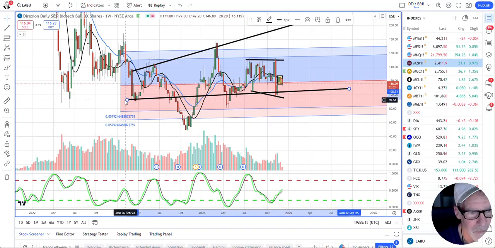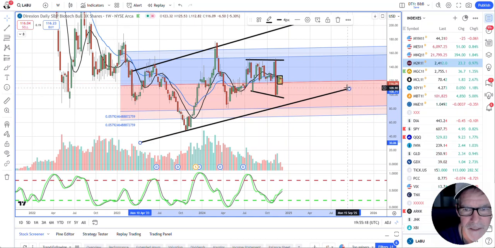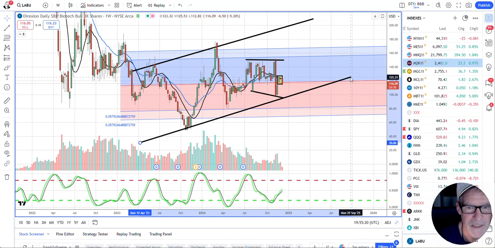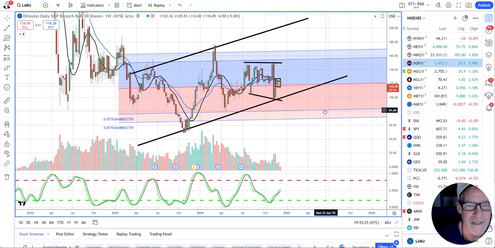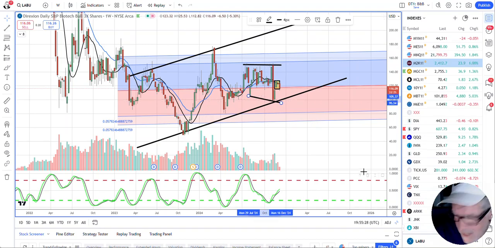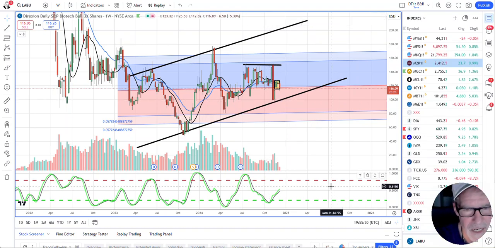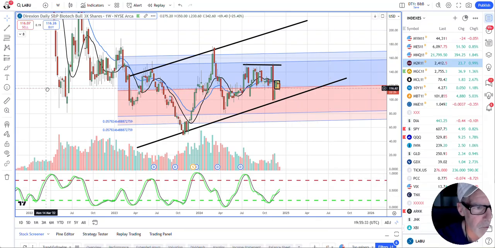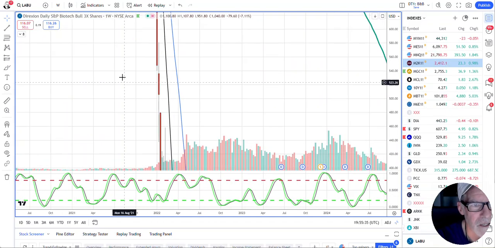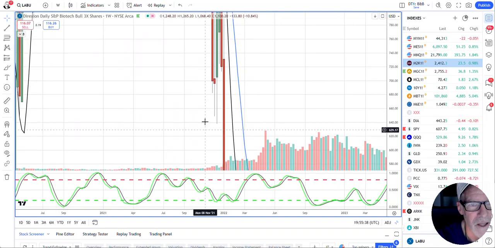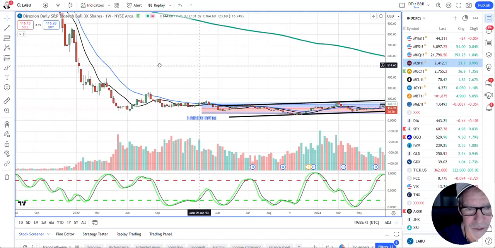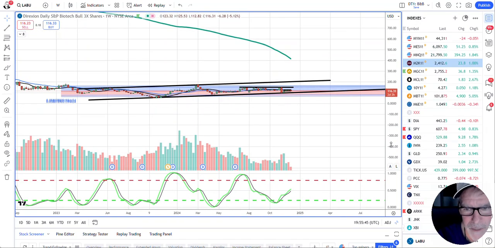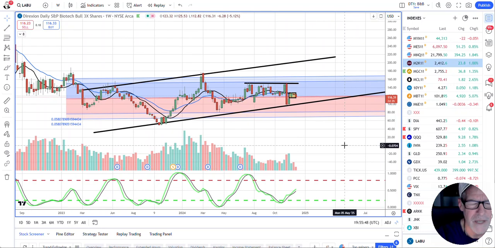I'm not an expert at placing these trend lines. Not that anybody is, because they tend to be a bit subjective. But if that is correct, then we're looking at not so much an expanding range. We're looking at a new uptrend off of a long and very steep downtrend. All of these are reverse splits, of course. So maybe the speculative biotechs, which should have a better macro because of falling rates,